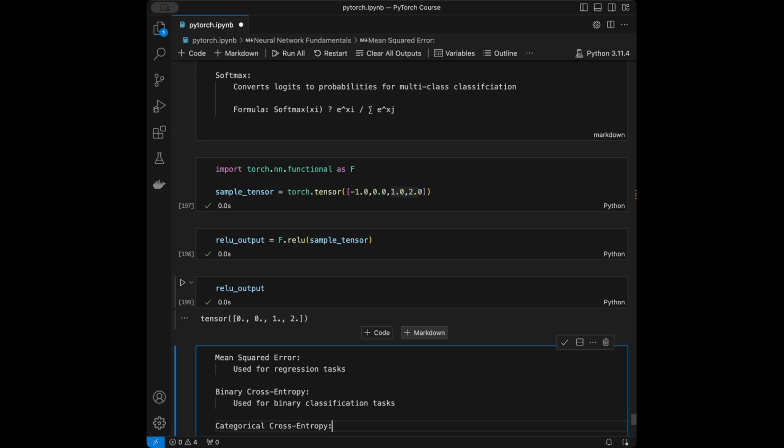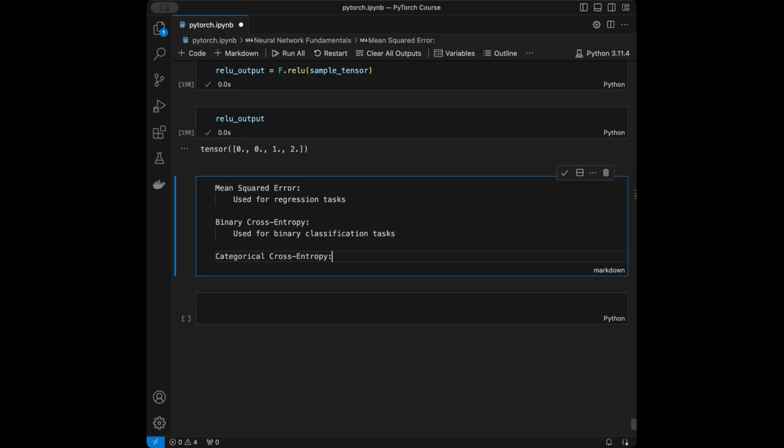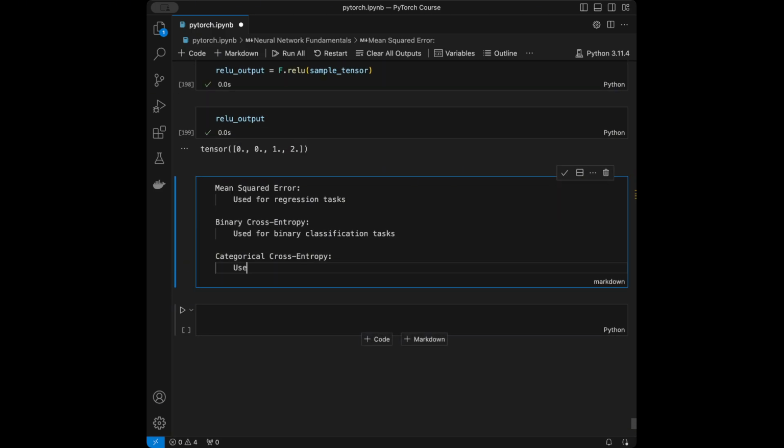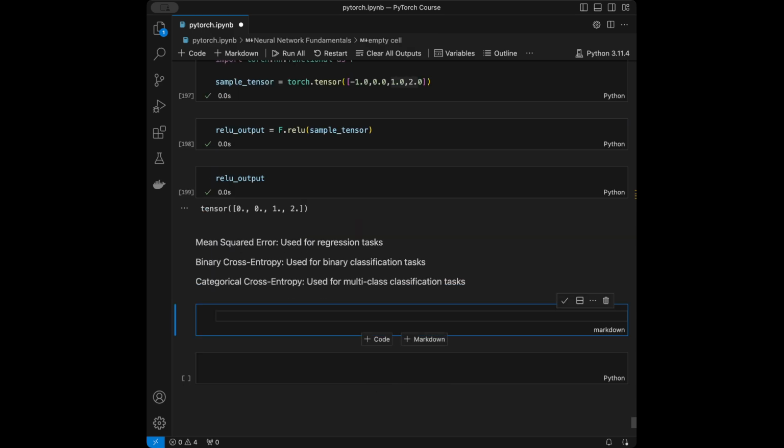As you can expect, it's used for multi-class classification tasks. And we already used mean squared error in the simple linear regression implementation, but you can use F dot mean squared error